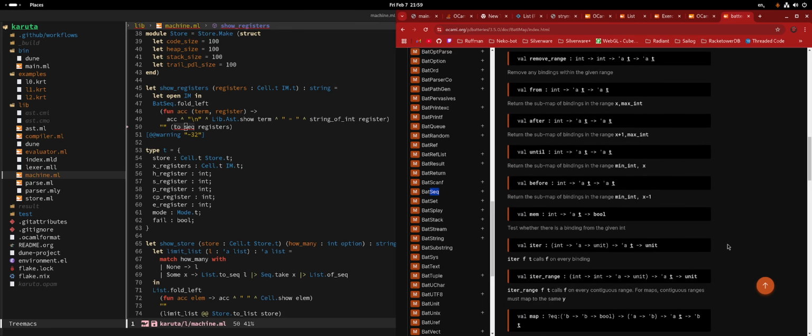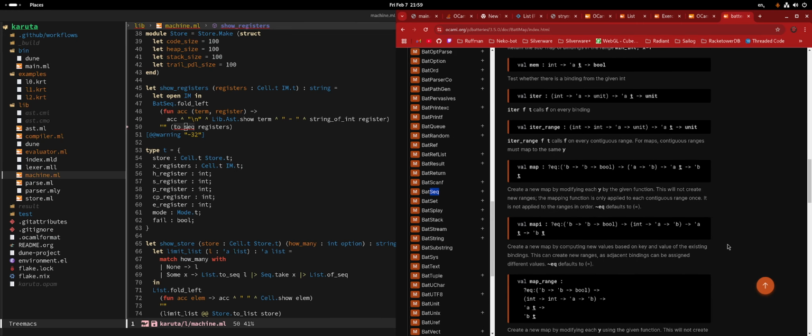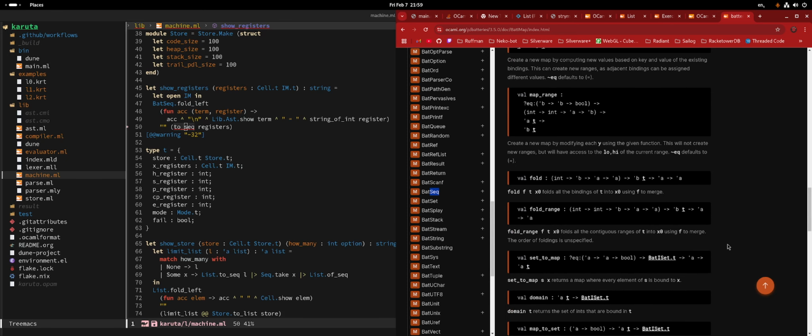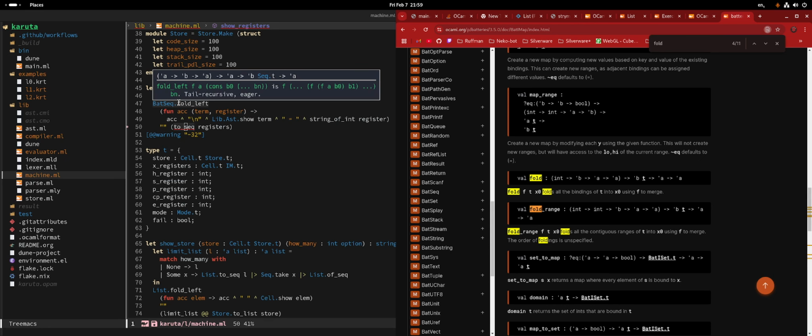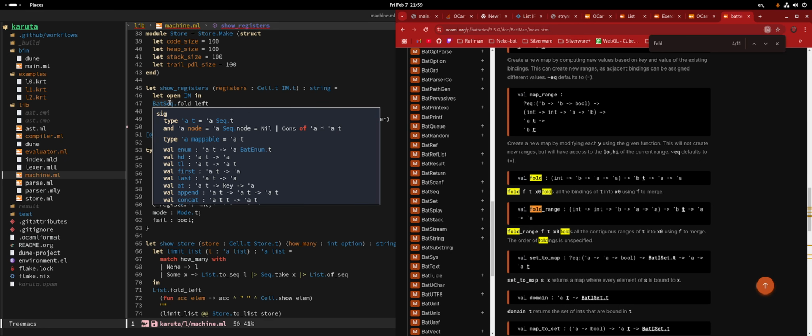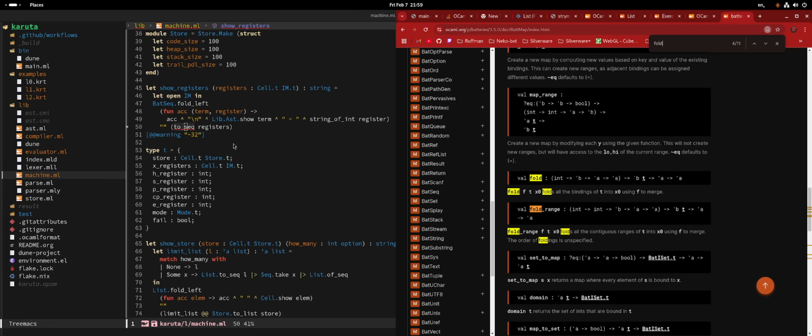Are you telling me there's no way to do that? That's going to be horrendous if that's the case. Oh, wait a moment. But that's because I'm doing a fold left. There's no fold left for it, there's only fold. Okay, so maybe that's the problem? Maybe. Oh, no, okay, I see what I did. I grabbed the map, I converted it to a sequence, and then I used sequence in batteries to fold it.